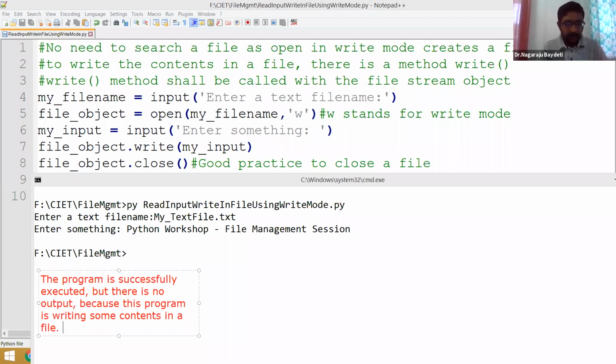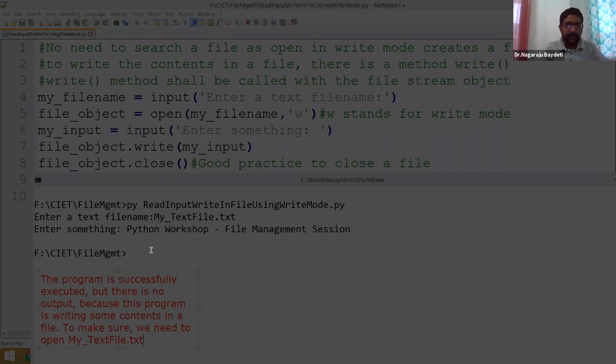To make sure, we need to open, in this example, what I have given, my text file .txt. If you really want to know, you need to open that file.